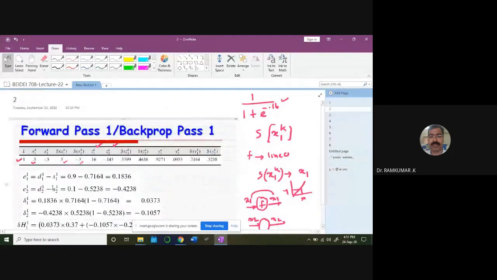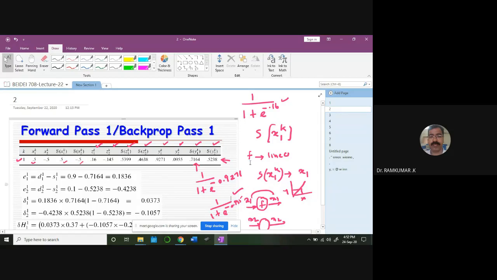So that's what we are doing here. S of Z1k is a function after passing through the sigmoid function. Again 2 neurons are there, so therefore 2 outputs we will be getting, y1 and y2. Then again pass it through the sigmoid function. This value is nothing but 1 by 1 plus exponential of minus 0.927. And this value is nothing but, can somebody tell me what that value is? We are getting 1 by 1 plus exponential of minus 0.995. Is it clear to everyone?